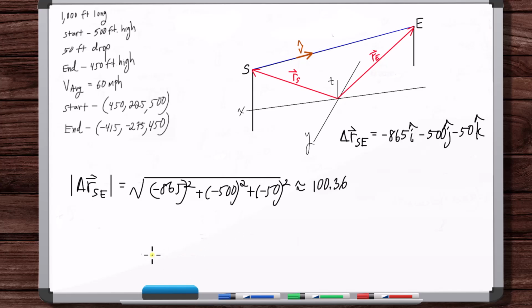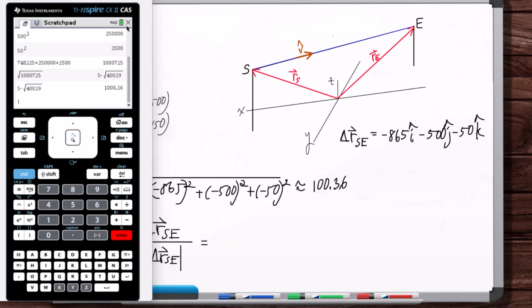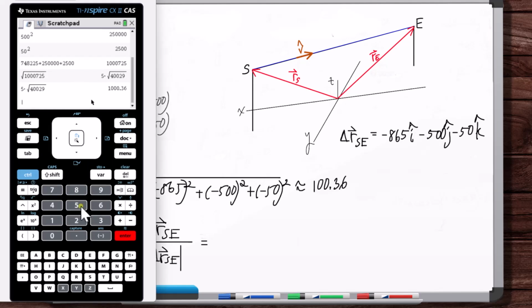So V hat is equal to this displacement vector divided by the magnitude of the displacement vector. So minus 865 divided by this, so minus 0.865